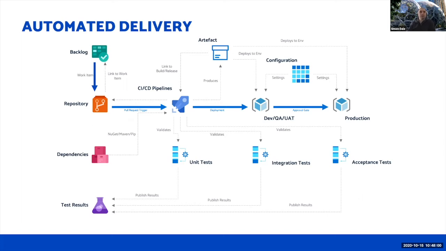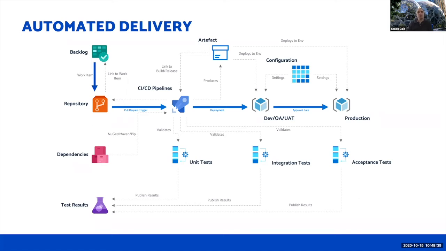So during the release phase, that artifact will be moved through various different stages. So things like the dev environment, QA, UAT, production. I mean, the names almost don't matter. The fact that there are different environments is the key thing. And the difference between the environments is really controlled by configuration. So things like how do you connect to that environment? Where does it store its data? The names of services and things like that would all be configuration. And the assets being deployed by the artifact should all be parameterized so that they can work across these different environments.